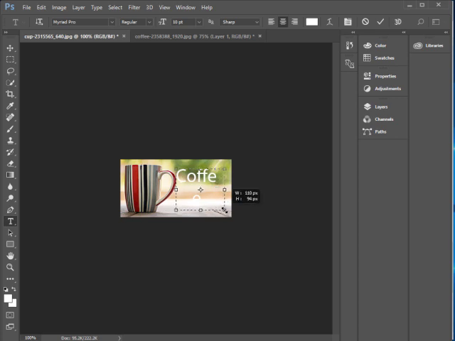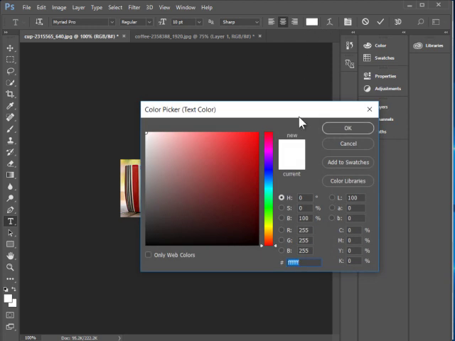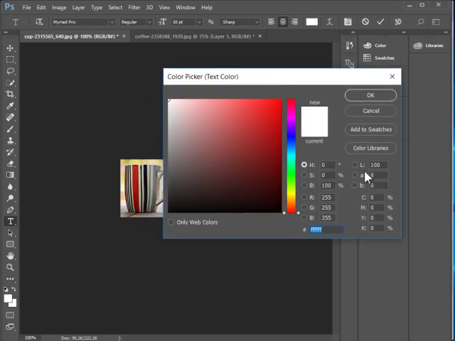You can drag these borders here. You can change the font color. Here you can use the eyedropper tool. You can also use the eyedropper tool that allows you to come out of here and select colors from your image. So I'm going to click on the black, and then I'm going to go ahead and click OK, or